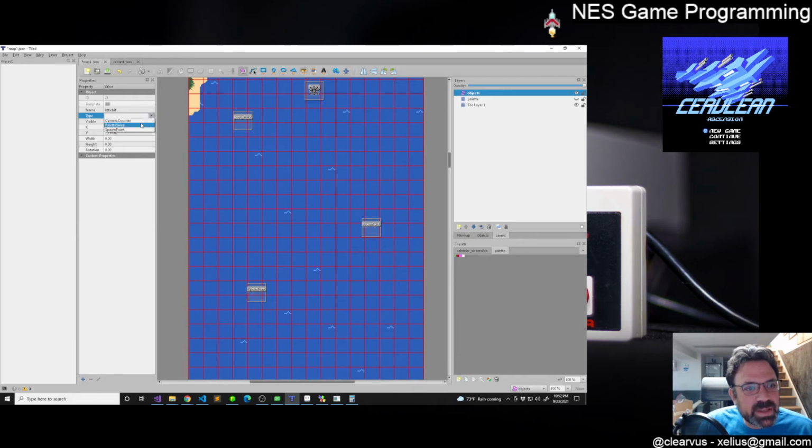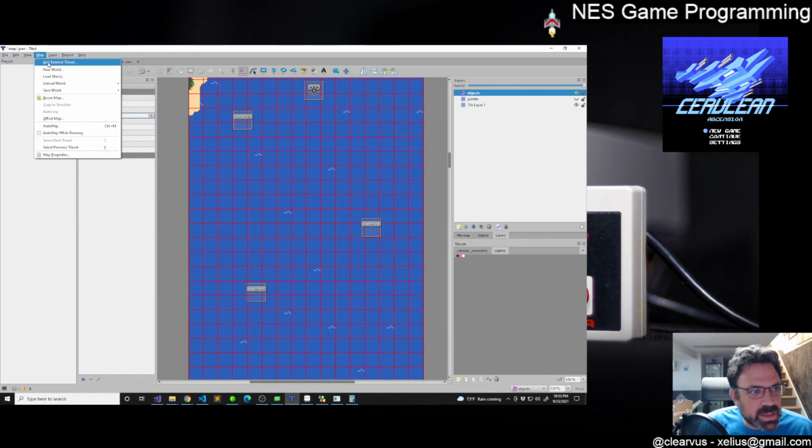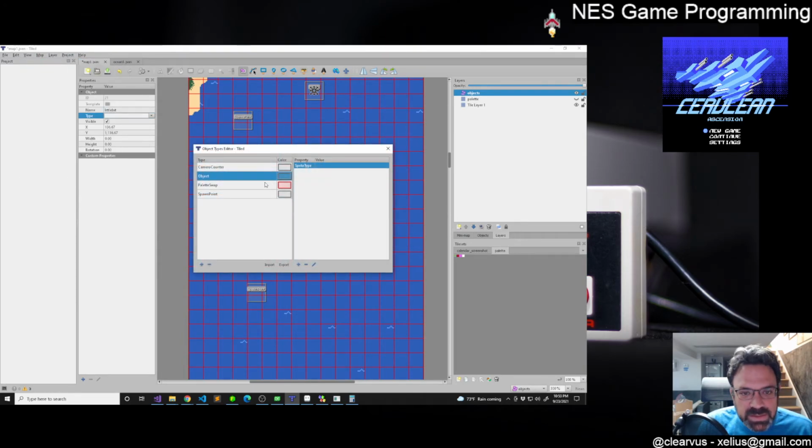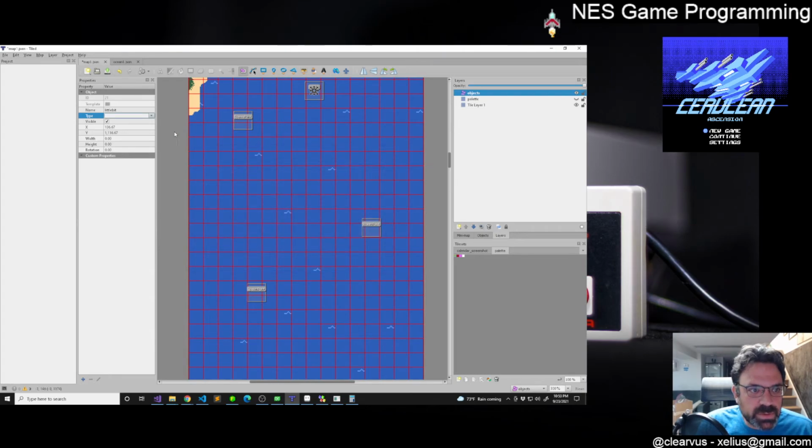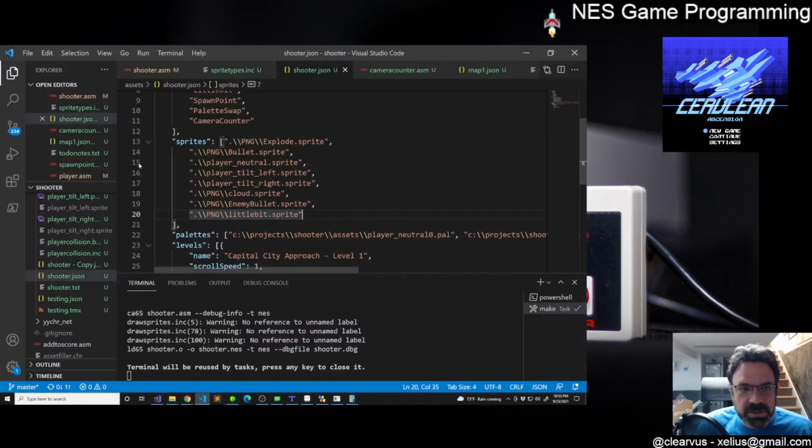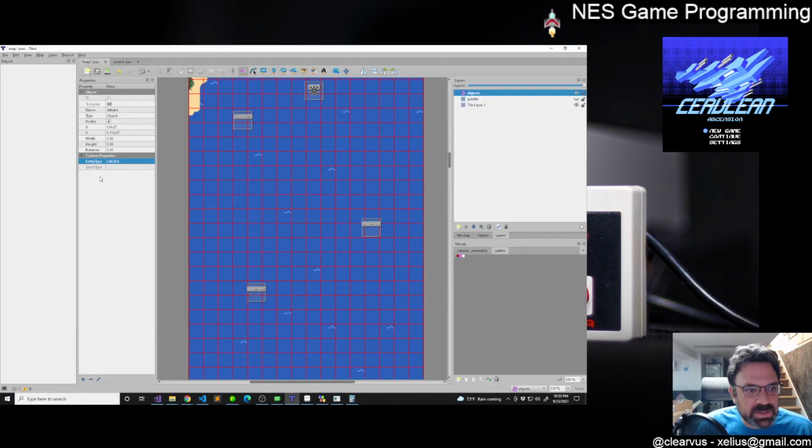Oh, but the problem is then I can't use the entity type here. All right, that's fine. I like keeping it consistent that we're using types anyway, so I don't mind doing that. Right. Do we have to come back to this for it to load that? There it is. So yeah, entity type is a little bit, and then what is the sprite? The sprite is the same thing but lowercase because consistency be damned. Okay,